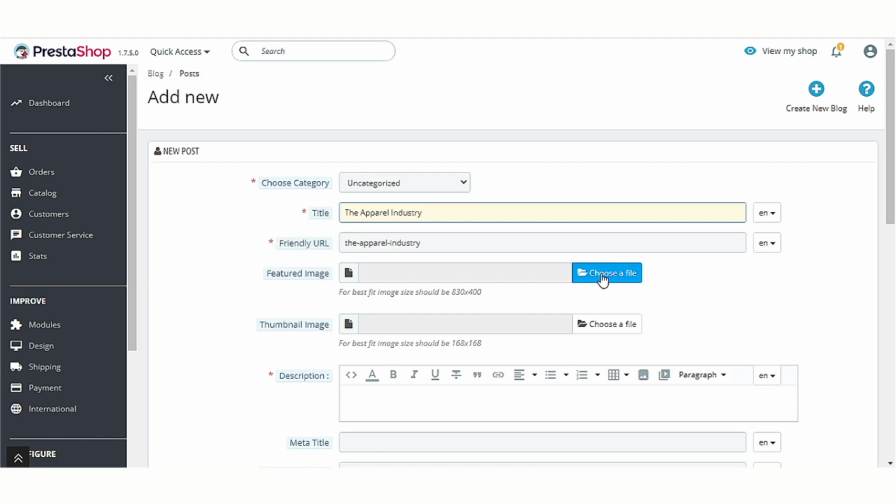Click here to upload the featured image of the blog. Upload the thumbnail image for the blog from here.